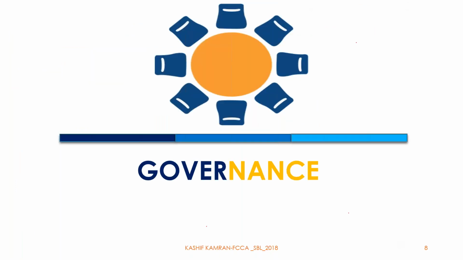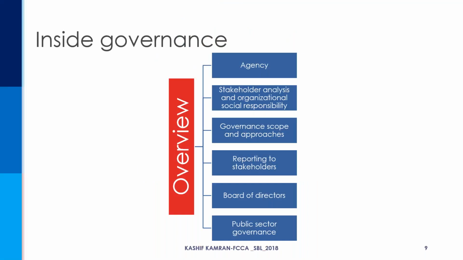Right after the break, we started with the syllabus area of corporate governance, which is the first syllabus area in my domain. Within corporate governance, we have 6 syllabus areas: agency, stakeholder analysis, governance scope and approaches, reporting to stakeholders, board of directors, and public sector governance. These are the 6 areas which are the breakdown of governance as per the syllabus guide issued by the ACCA